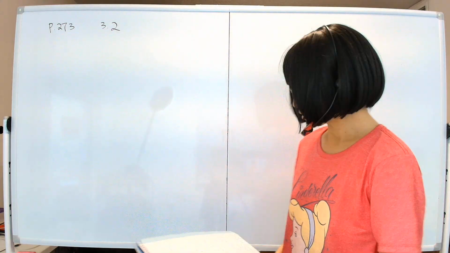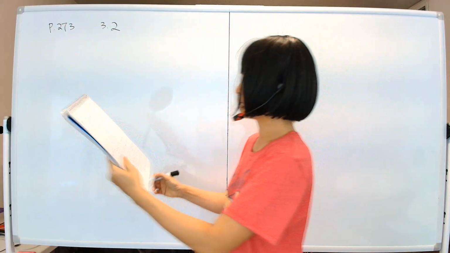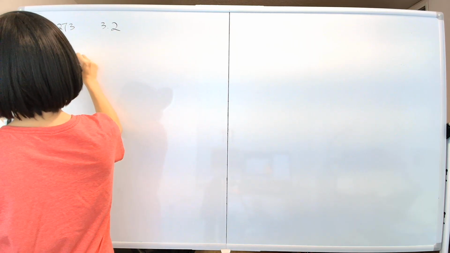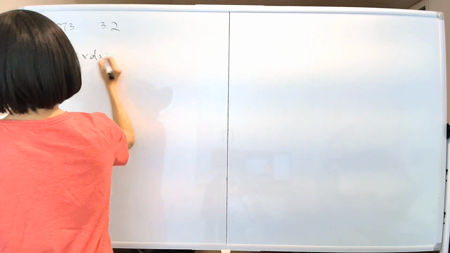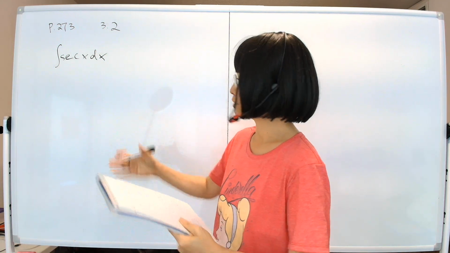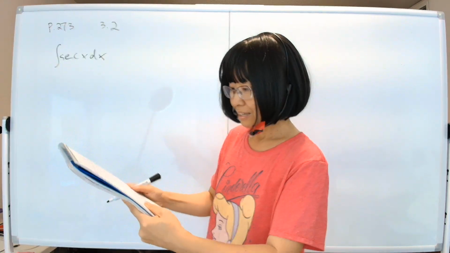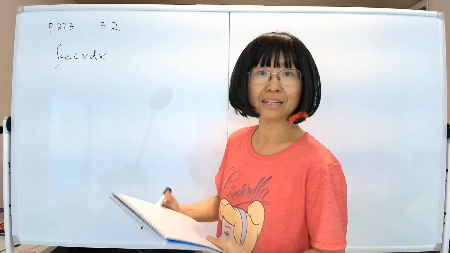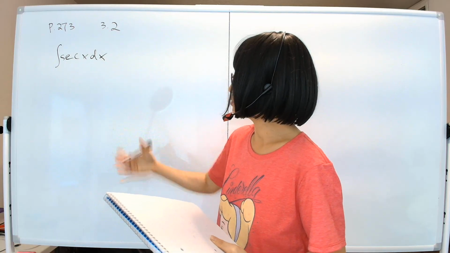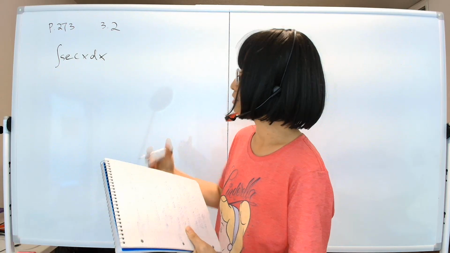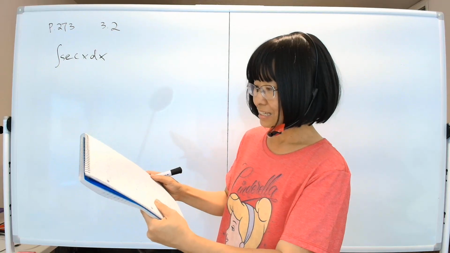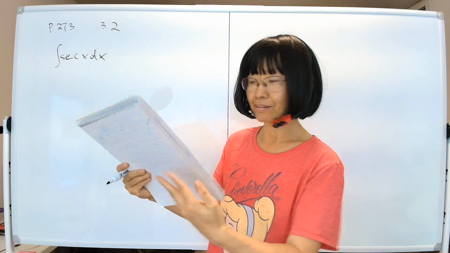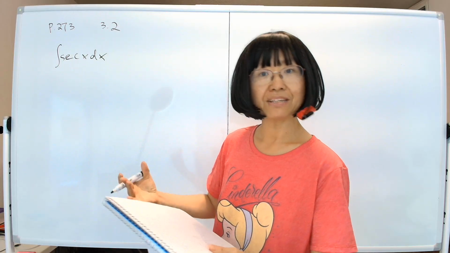To calculate the integral of secant x, sec x dx, what you do is this. Off the top of my head, I can't think of what to do. Integration by parts? I don't think so. Use substitution? You can't figure out where the chain rule applies. This is not tangent. If it was tangent, that would have worked better, but it's secant, so that's not going to work. In Calculus 1, we did it by using a trick,